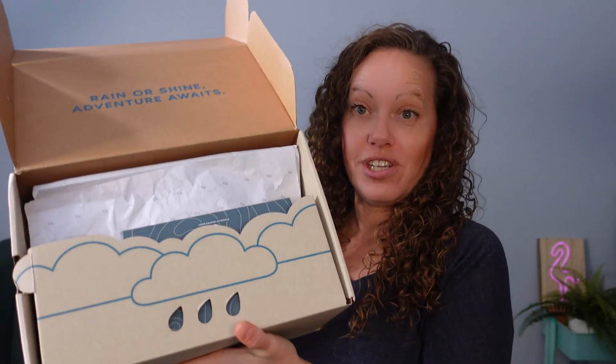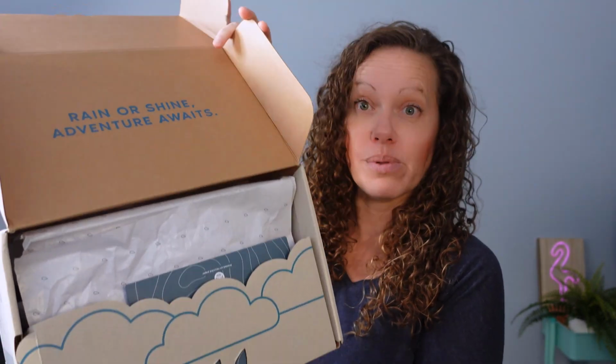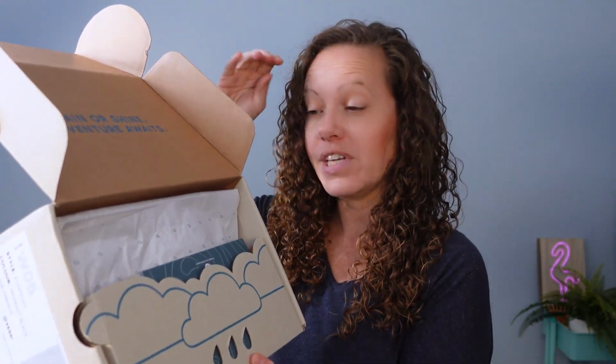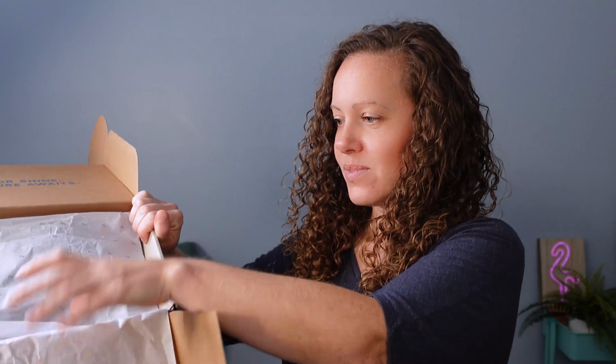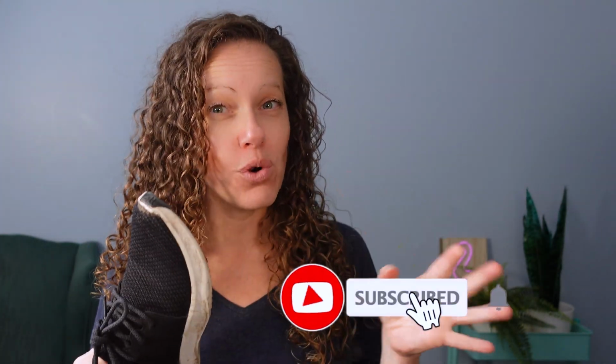I forgot how cute the packaging is. Rain or shine, adventure awaits, which I completely agree with. Having wet feet sucks. Welcome to the Dry Socks Club. And here are my brand new Vessi shoes. So I only had this pair of Vessis, which is the Vessi Everyday, for 4.5 months before it